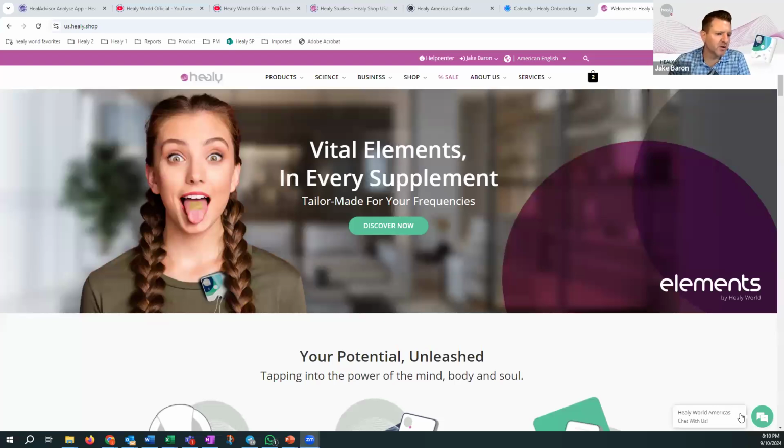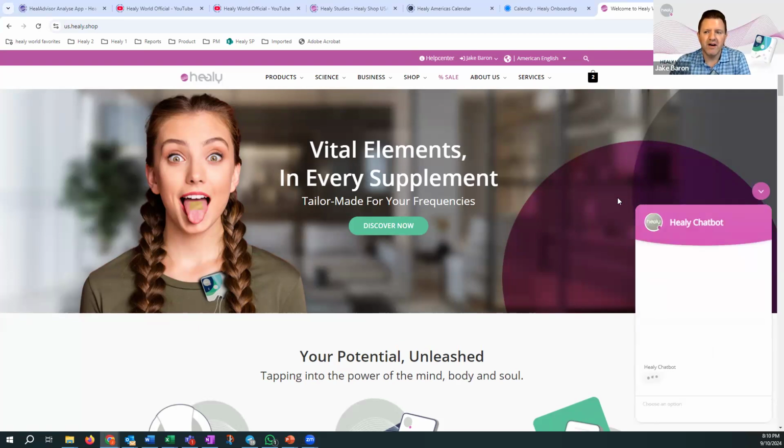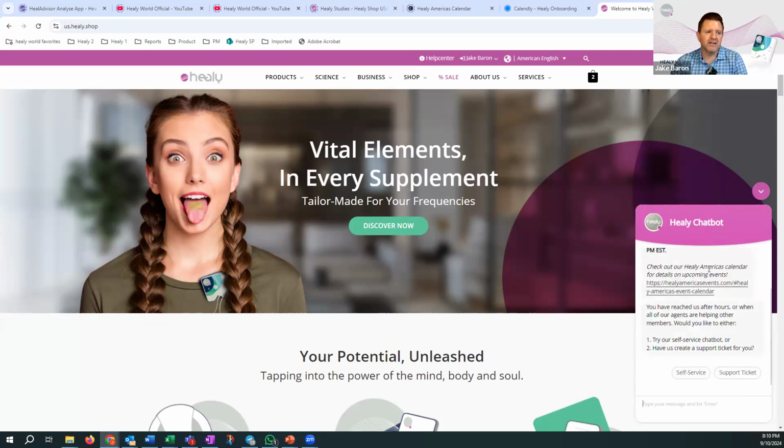And yeah, while we're on the call, I'll just share this. This is the US Healy shop, and you see in the lower right-hand corner, Healy World America is chat with us. Even though we're outside of our normal business hours right now, this icon still shows up. There's a self-service chatbot that can answer some of your questions as well. You can go through the self-service process. You see here, click self-service, or you can actually create a support ticket through the chatbot as well